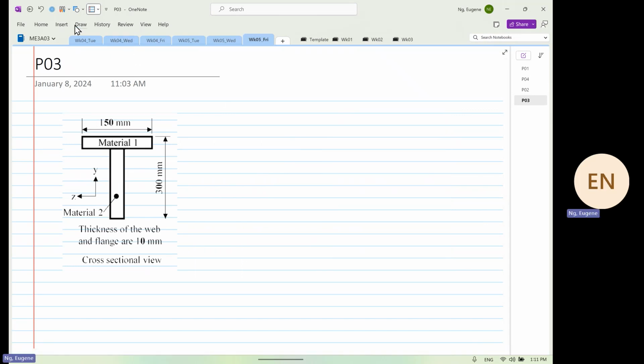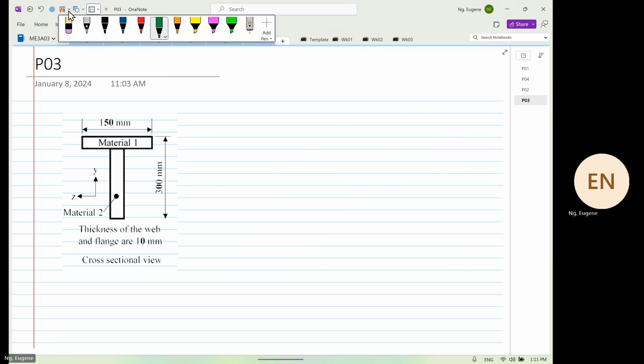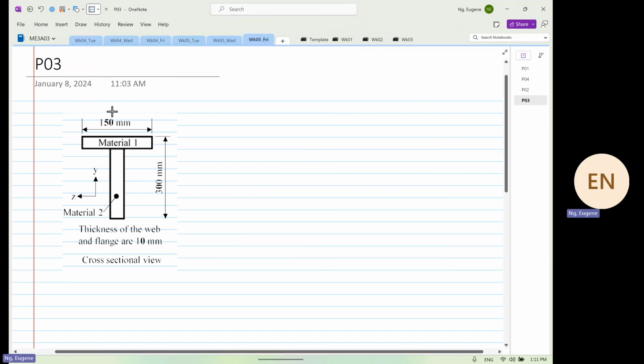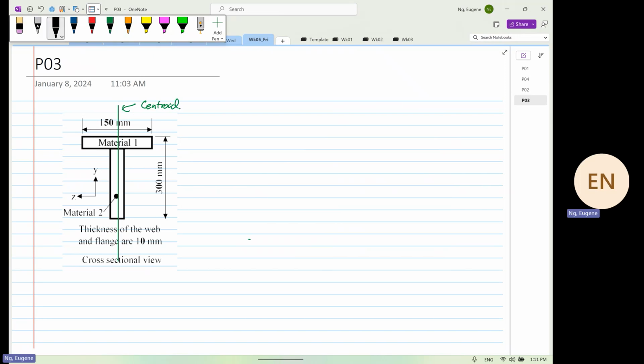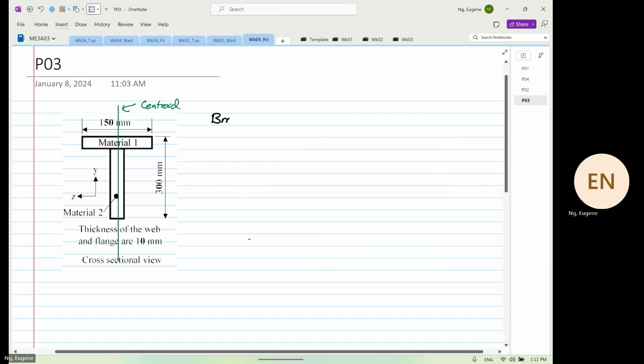Because based on observation, we know that this is the position of the centroid. Visual. Okay. Likewise, we will still use brass